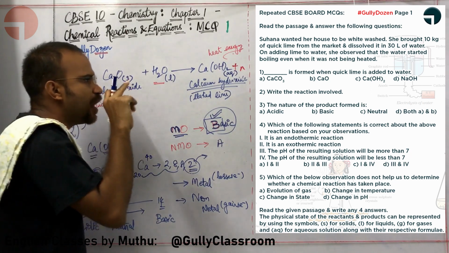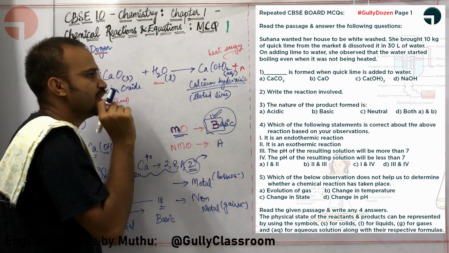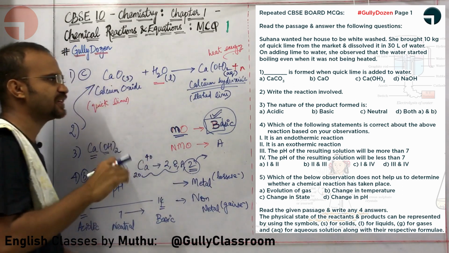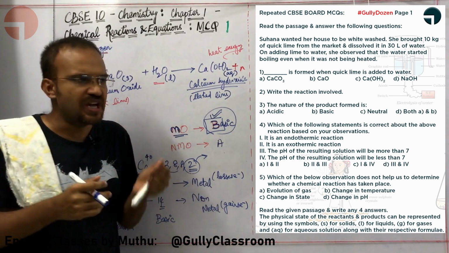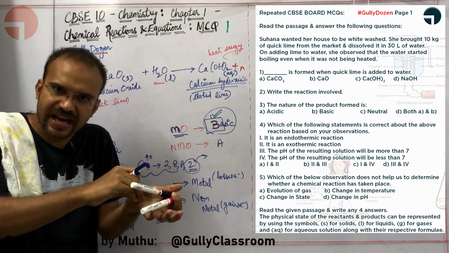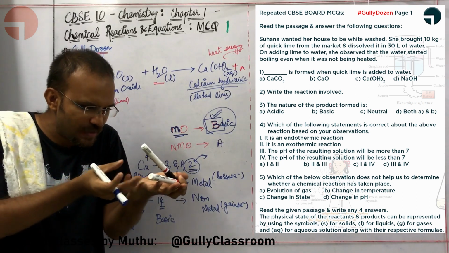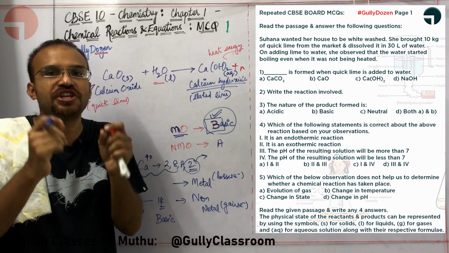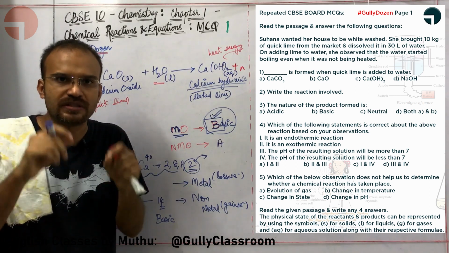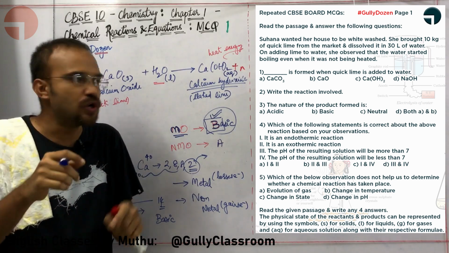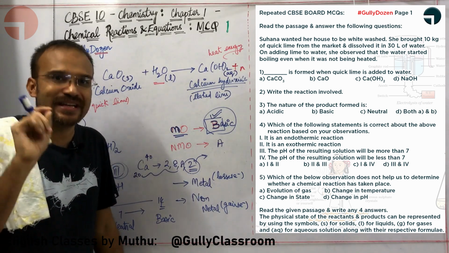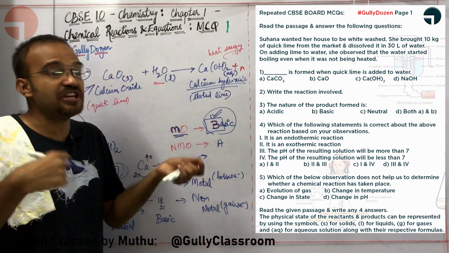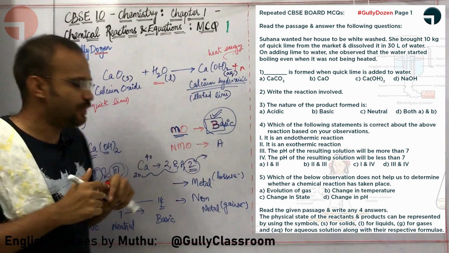Let us go for option C, change in state. Let us say I am having ice in the fridge. I am taking that ice and holding it in my hand. The heat from my hand is melting that particular ice. Here the ice is changing state, but it does not change the composition of its molecules. H2O remains the same. So change in state does not necessarily indicate the occurring of a chemical reaction.